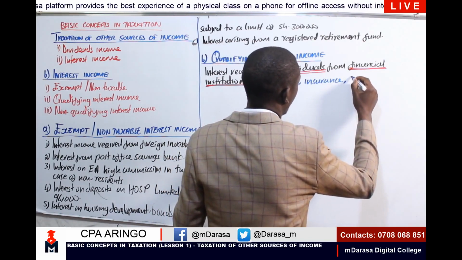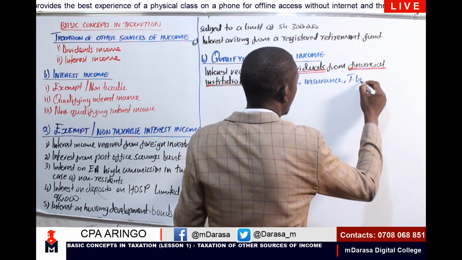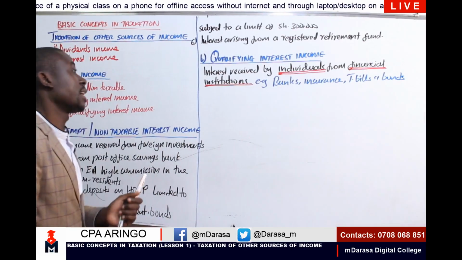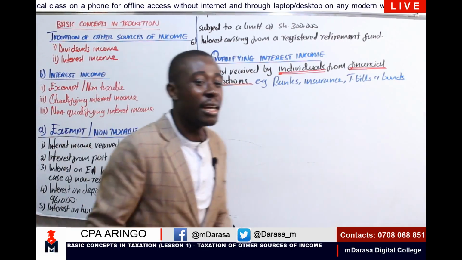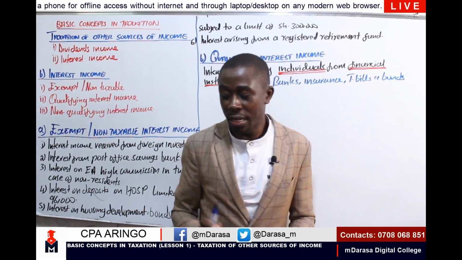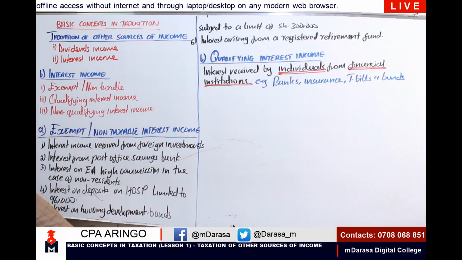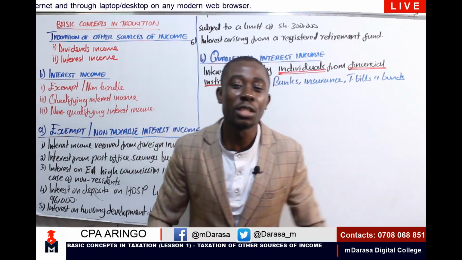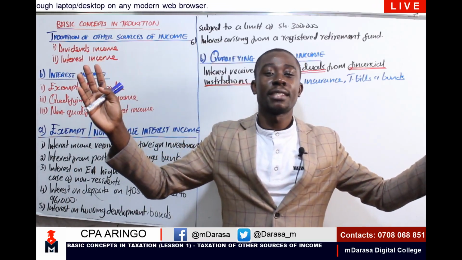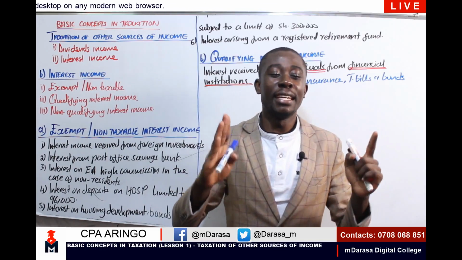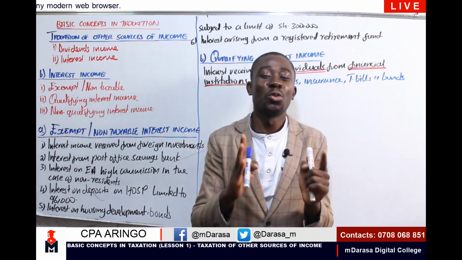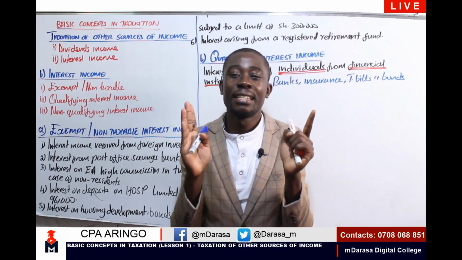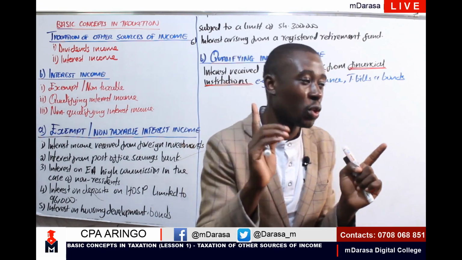Talk about the aspect of government, that is treasury bills and bonds, etc. The key word here is that if you are having interest and you're not dealing with an individual, if you're having a question which you're solving, and this question does not involve individuals, forget completely about qualifying interest.